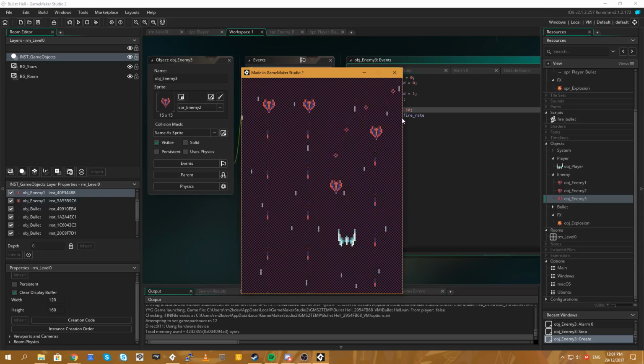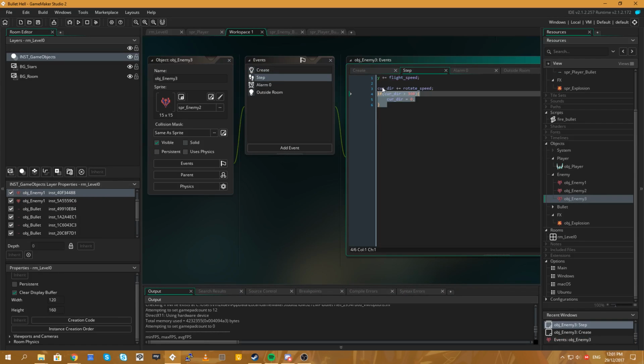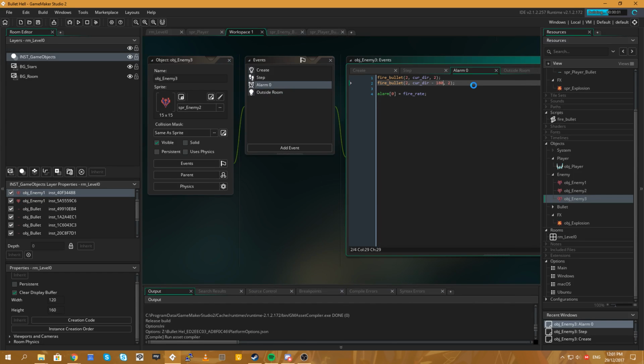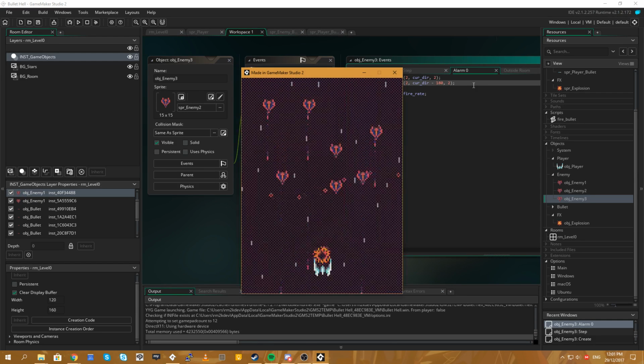So now we've got this sort of circular spinning thing. Alright, that's cool. And obviously, well not obviously, but kind of obviously, we can double this by simply doing this and then subtracting 180 degrees. So now it'll fire in 2 directions at the same time. Opposing directions. You can see how these simple mechanics are sort of starting to come together now.